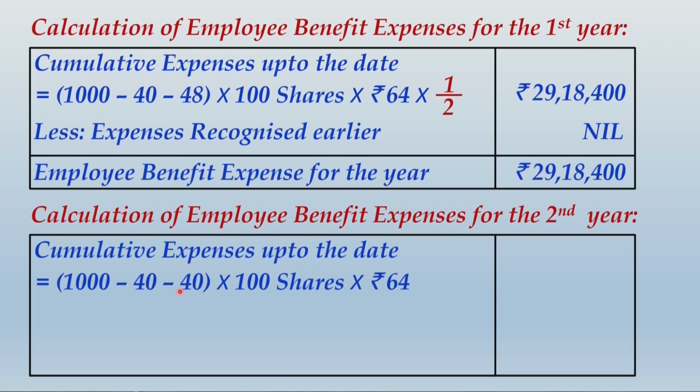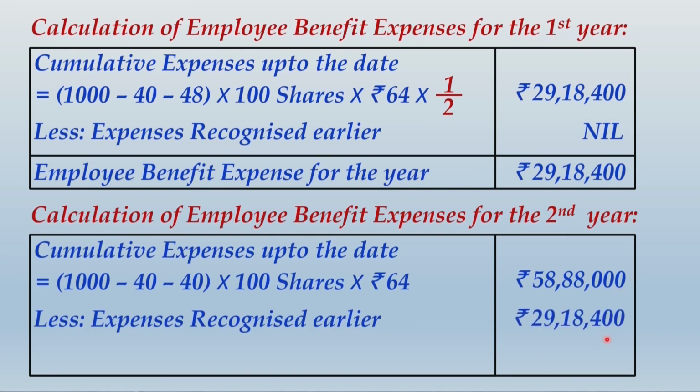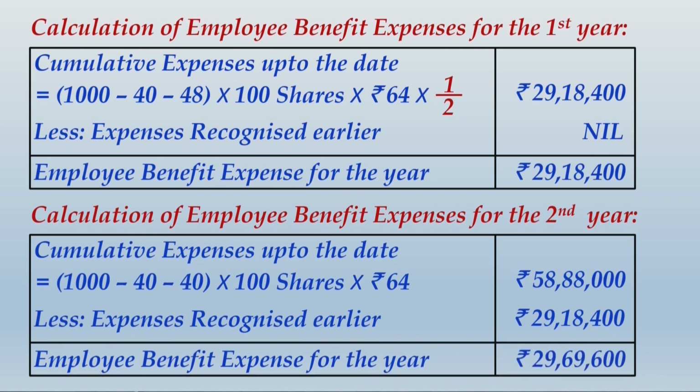So 1000 minus 40 will be the final number of employees who will get this benefit, and the benefit will be of 100 shares per employee multiplied by 64. You may not apply any fraction over here, and if you want to apply, you may just apply 2/2 because out of 2 years both the years have been passed. So this calculation will give you total amount to be recognized in terms of employee benefit expense on a cumulative basis for 2 years, and from that you subtract the amount recognized in the first year to get the amount that you should recognize in the second year, and that will be